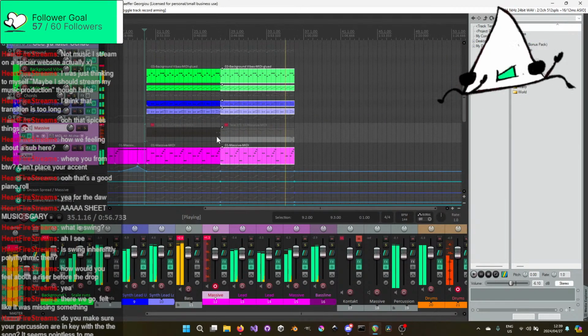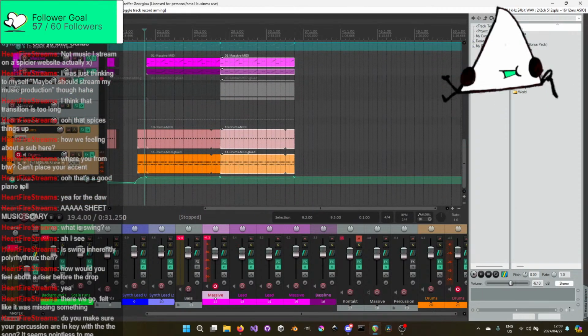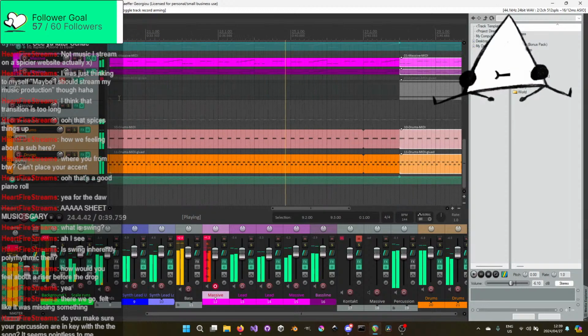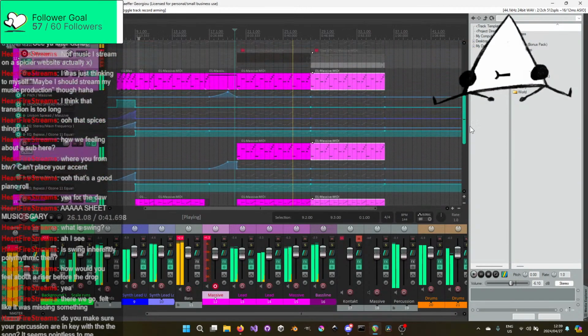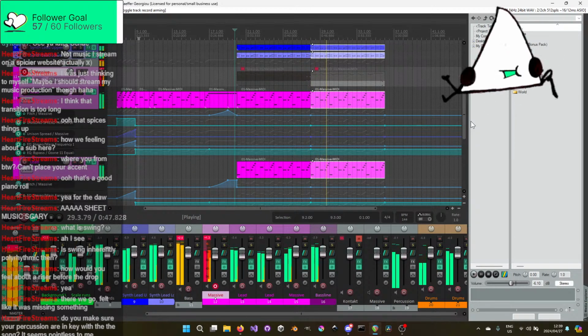Just random snare. Let's take ourselves off of that. Doesn't really work.